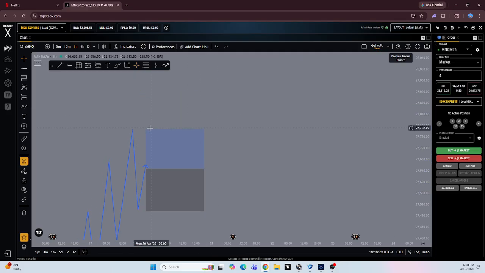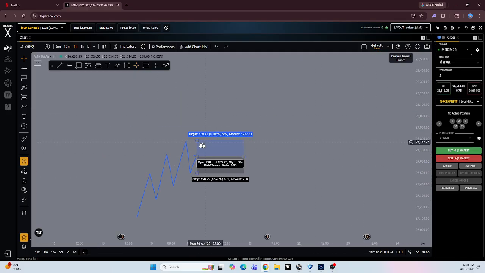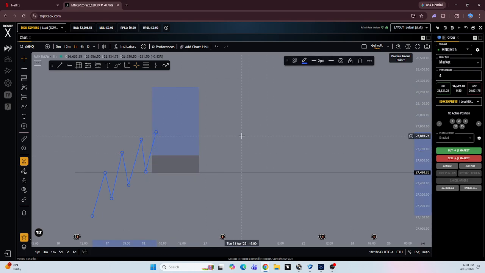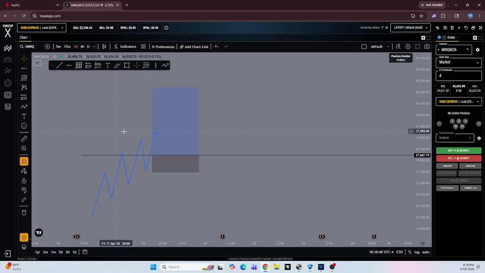And what I do with the rest is I literally just let it run as long as it wants to. I'll trail it every time we retrace. So if we add our stop loss, bang, price goes break even up here, automatically move it to break even. And then we've trimmed off some of our position. So as price goes up like this, we continue to trail. So retrace, make a new high.